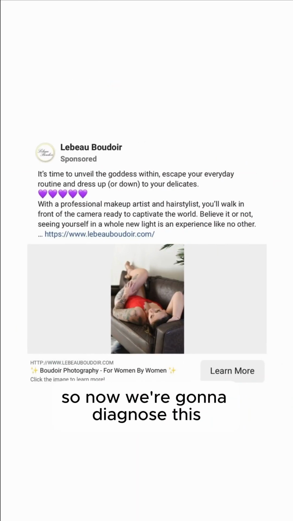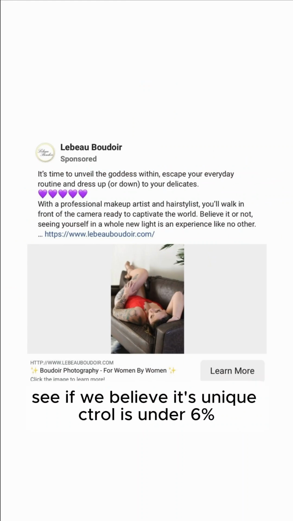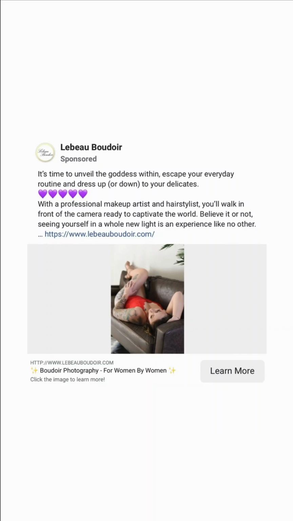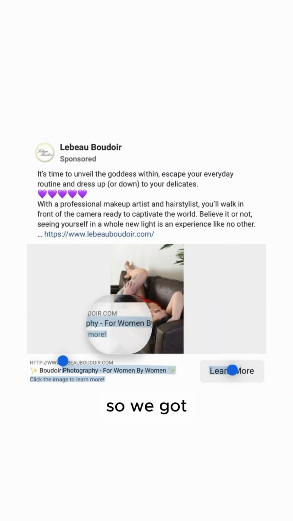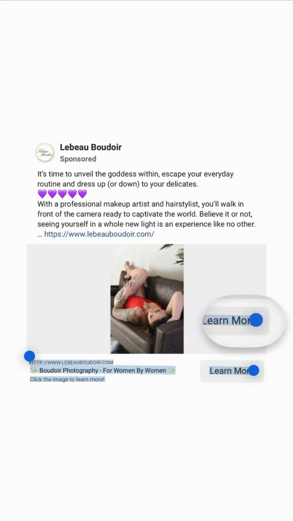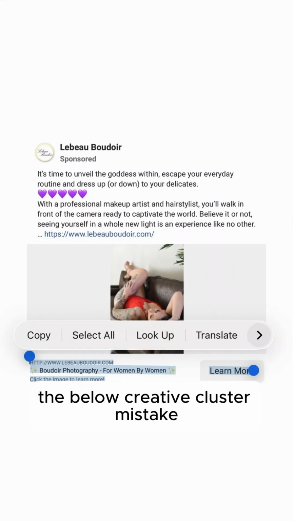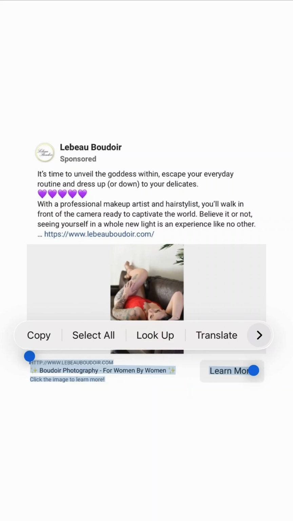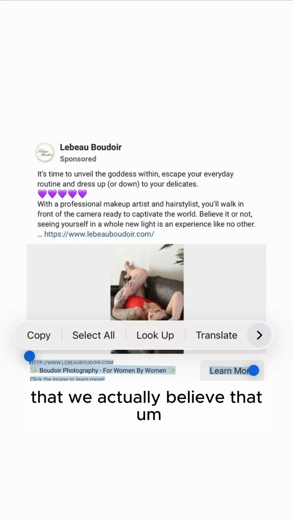Now we're gonna diagnose this if we believe its unique CTRL is under 6%, aka see if it has Boudoir low click syndrome. So we got the below creative cluster mistake. The false belief that caused us to make this mistake is